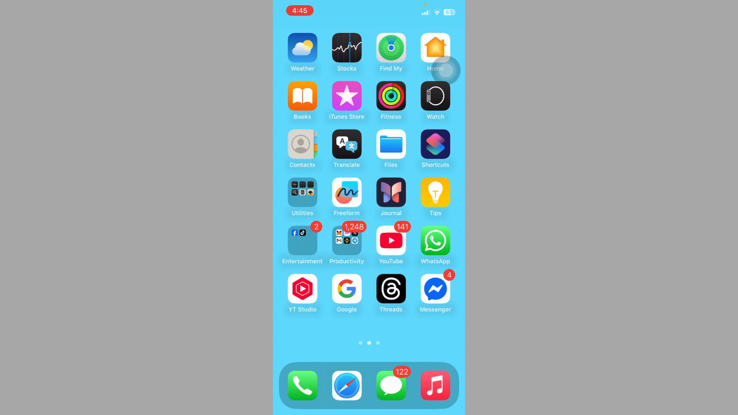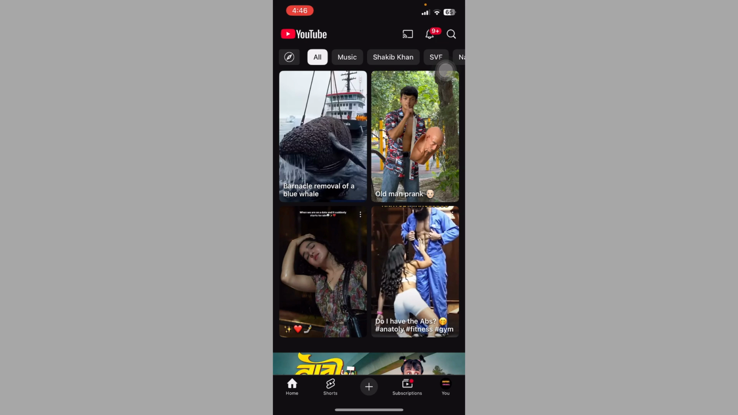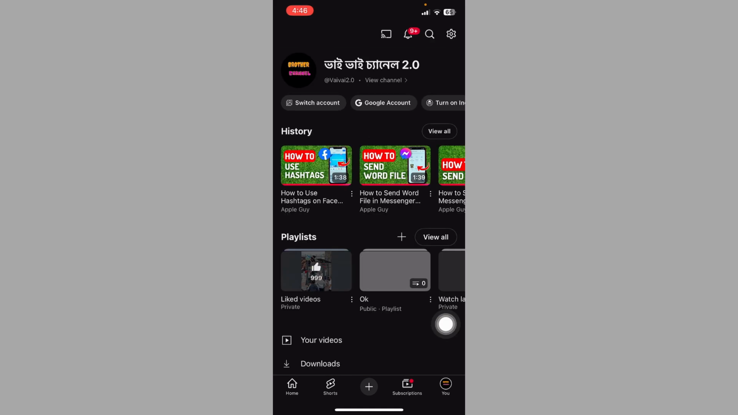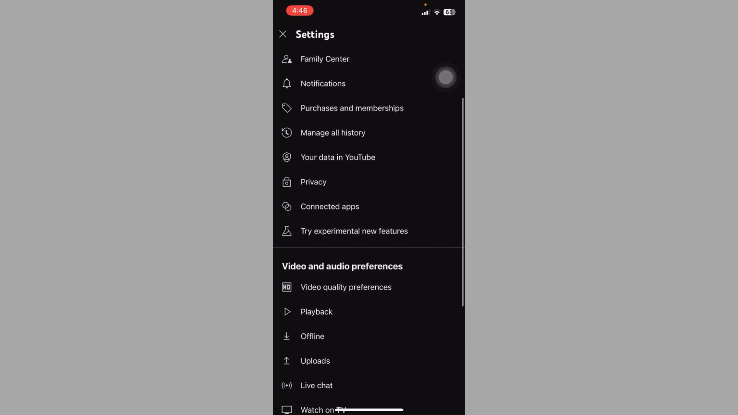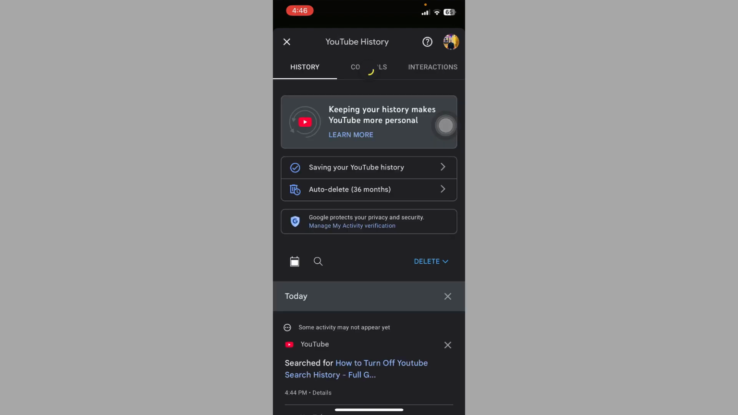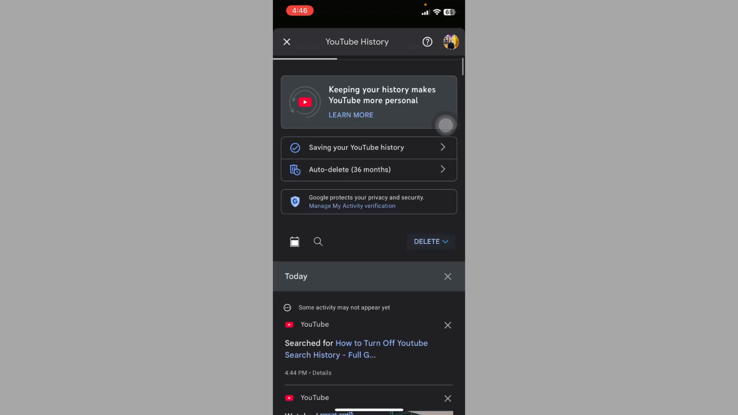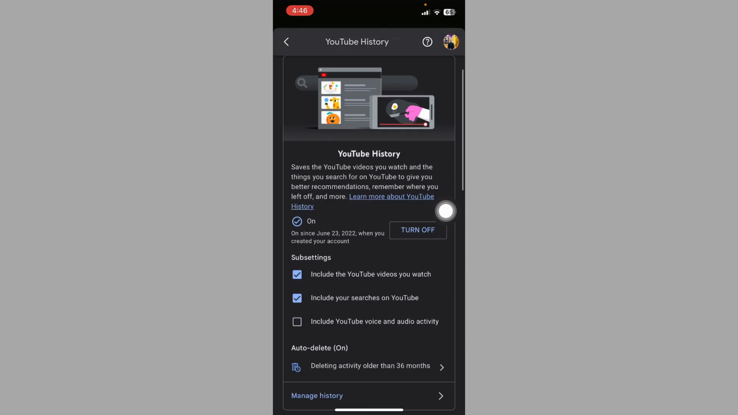Then first of all, click on the YouTube app, tap on the profile icon and click on settings. Okay, and click on manage all history. Okay, tap on saving your YouTube history, just click